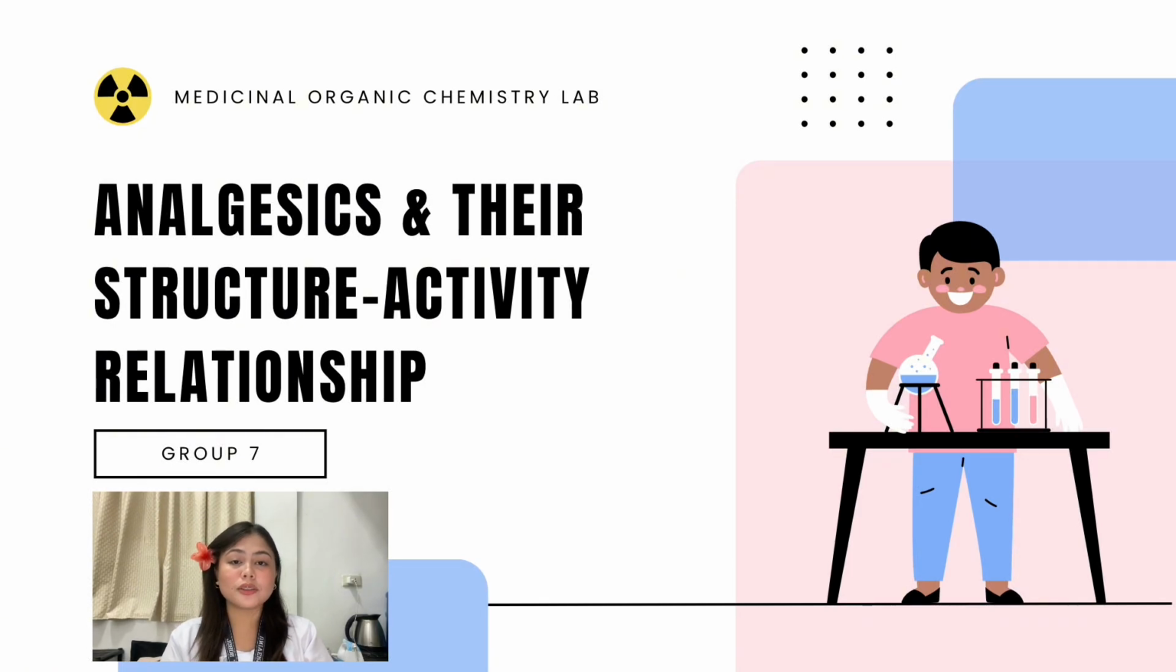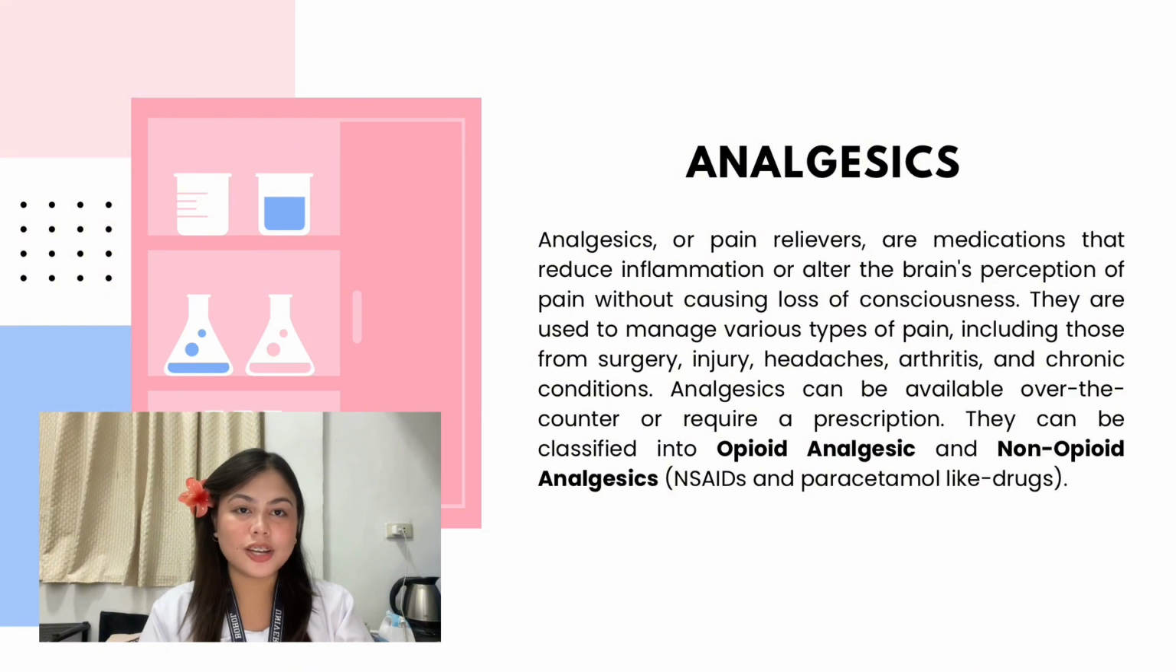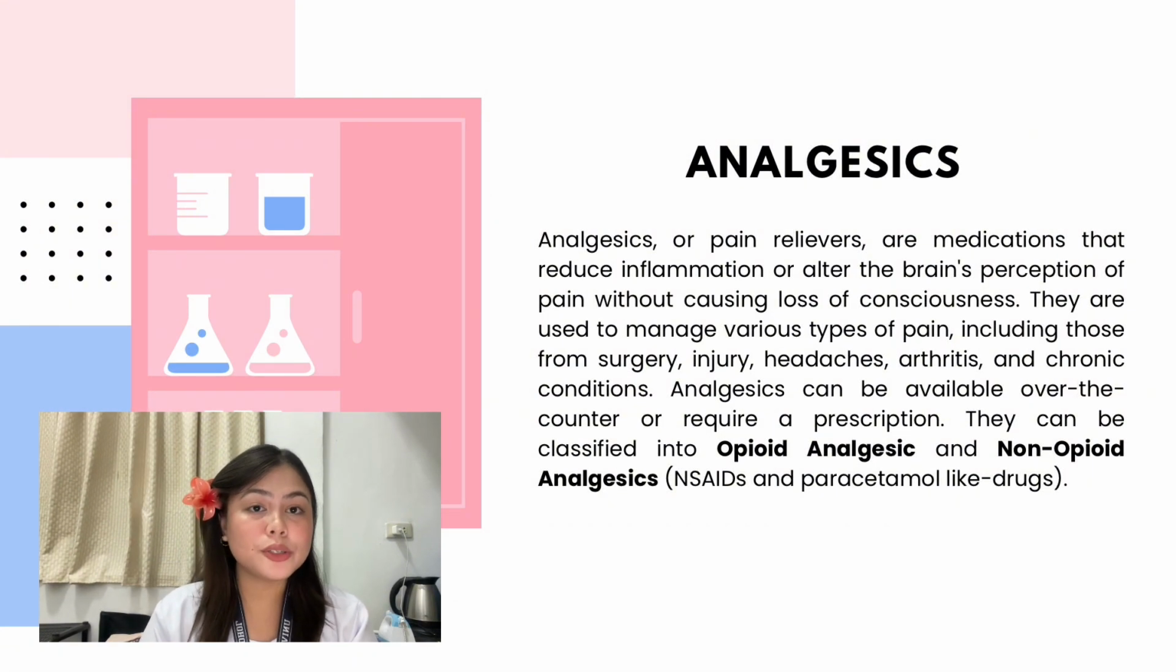Today, we will talk about analgesics and their structure-activity relationships. So what are analgesics? Analgesics, or pain relievers, are medication that reduce inflammation or alter the brain's perception of pain without loss of consciousness. They are used to manage various types of pain, including those from surgery, injury, headaches, arthritis,